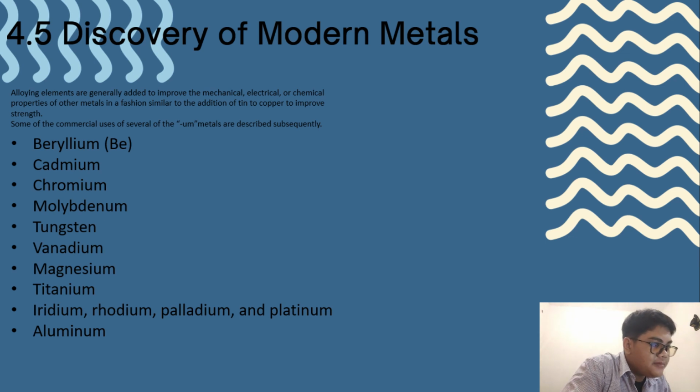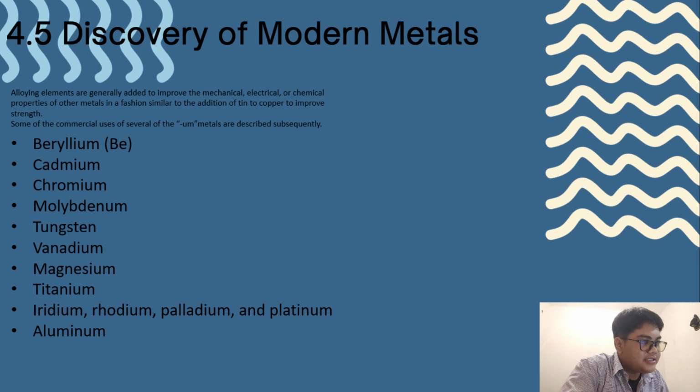Next we got vanadium. It is among the hardest of all relatively pure metals. It was discovered in 1830 and it is actually more abundant than copper, nickel, or zinc, but is very difficult to purify. Vanadium is primarily used as an alloy addition to steel for the manufacture of woodworking and metalworking tools.